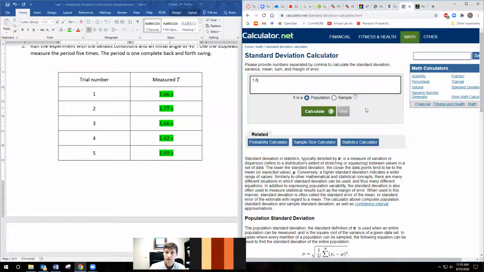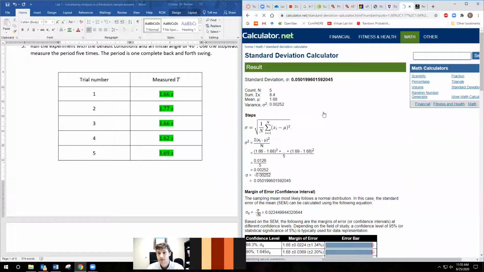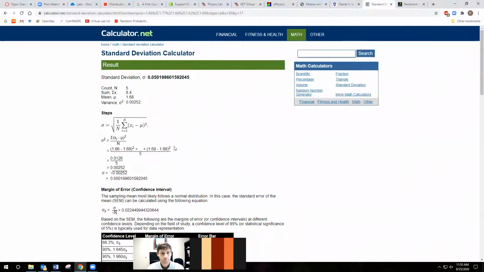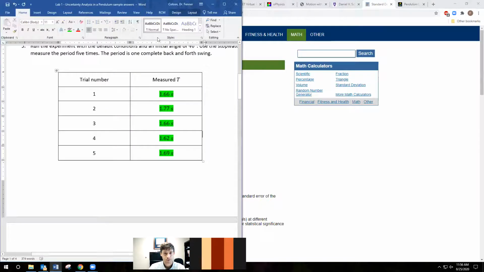All right, so if I just enter my data separated by commas, so 1.66, 1.77, 1.66, 1.62, 1.69. All right, this gives you the standard deviation as well as the mean. And so you can record both of those numbers. So the standard deviation,